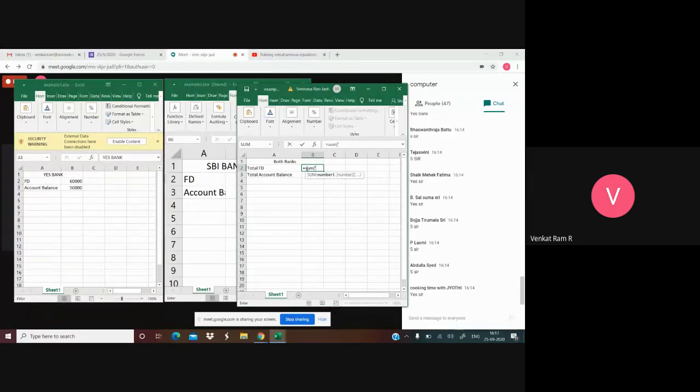open braces and give the name of the workbook, Example 1. Open with square brackets and close after giving that.